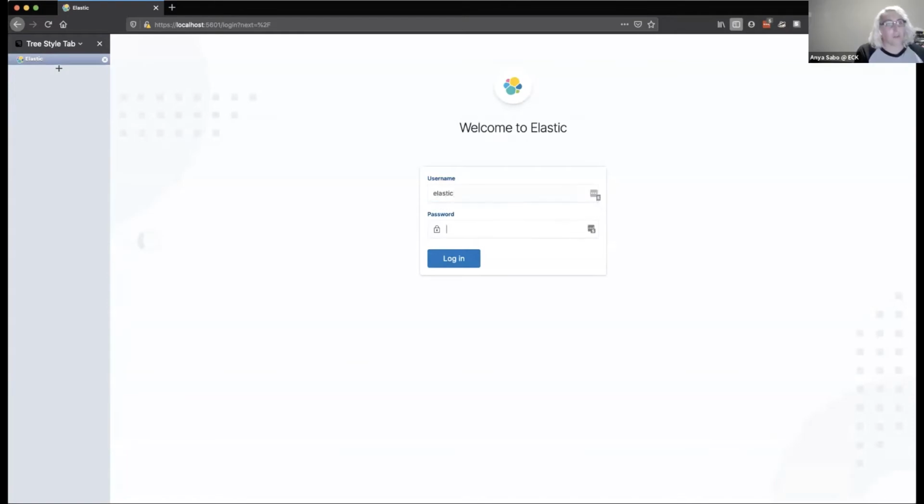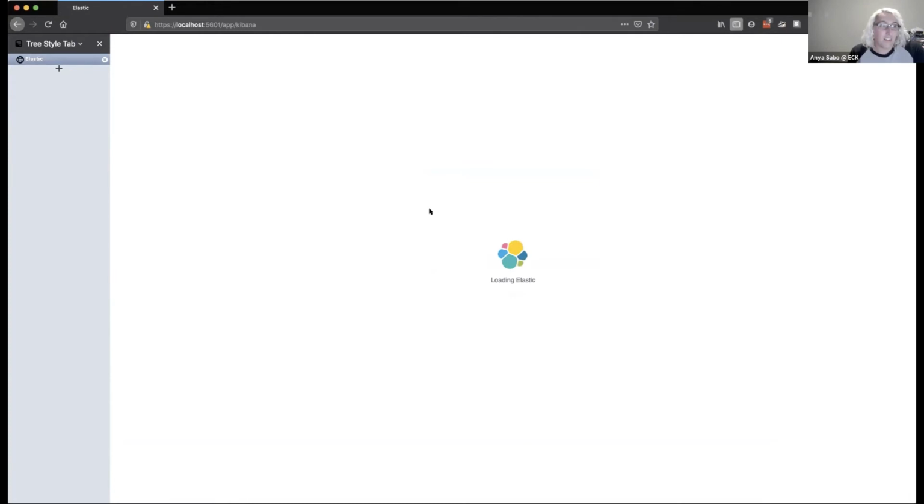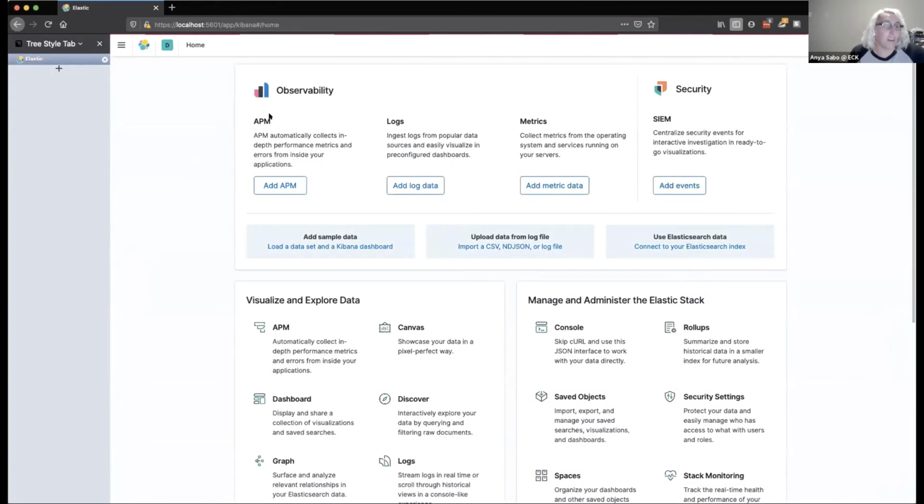And then I got the password from one of the secrets out in my terminal. I should have shared that. And so now we're already talking to the Kibana running inside of the Kubernetes cluster. That was the entirety of the information you had to do, about 20 lines of YAML to create it. And it's up and running.